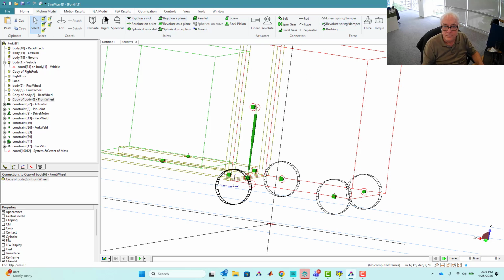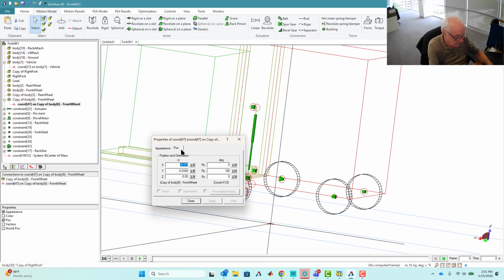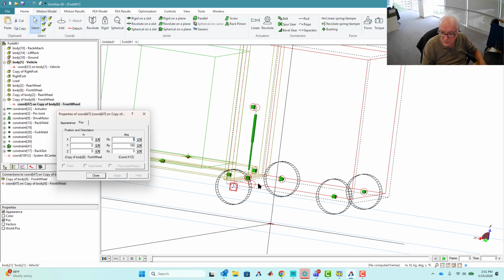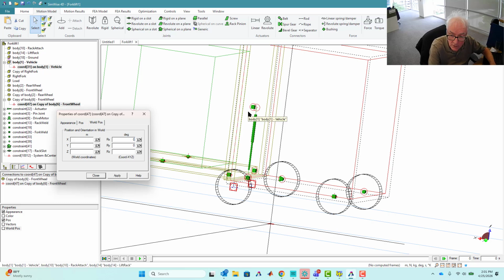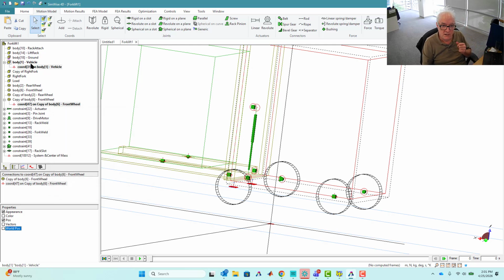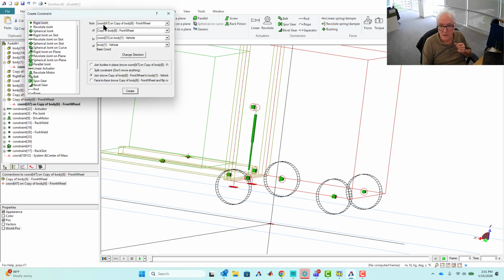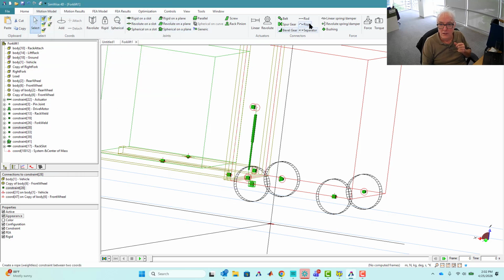Copy, paste. Zero, zero, zero. Select both frames at the same time. Mutually selected, something like that. All right. So let's line them up with the world. Okay, and create the joint. Let's view it